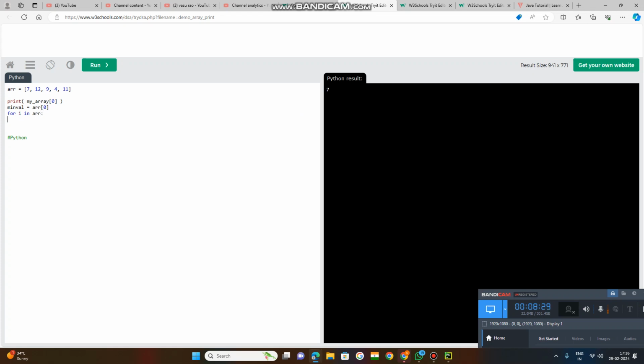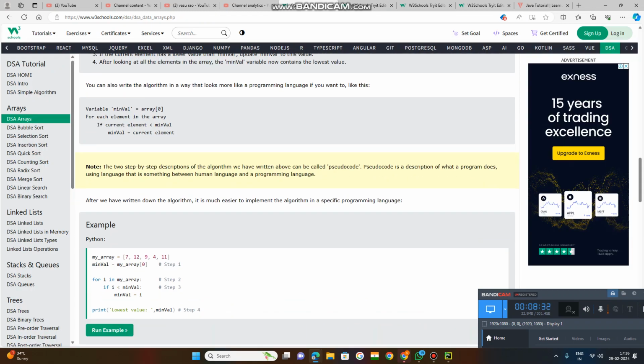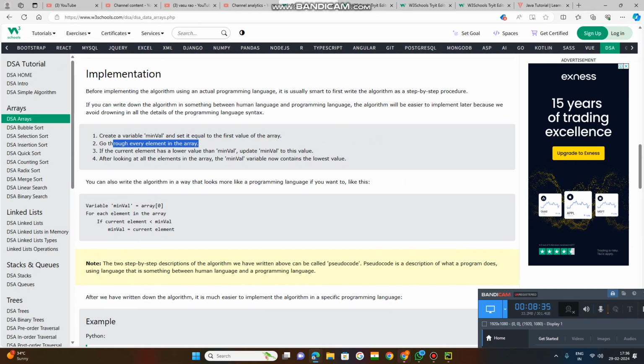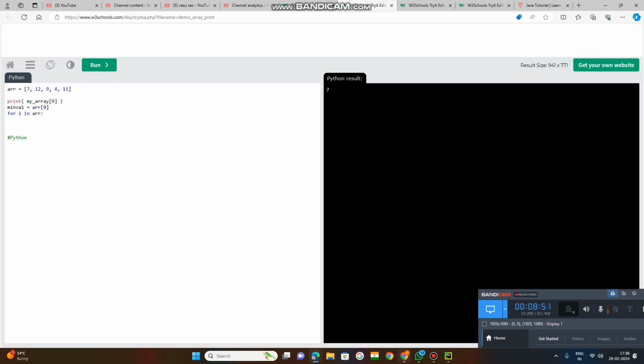Next, we will use this. Go through every element in the array, and then if the current element has a lower value than the min value, update the value. So every time it goes, and if